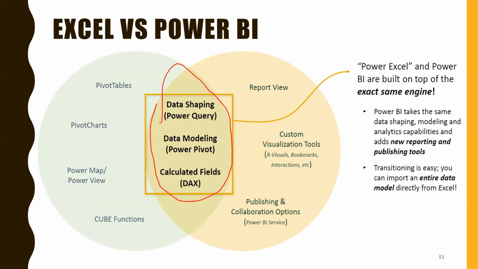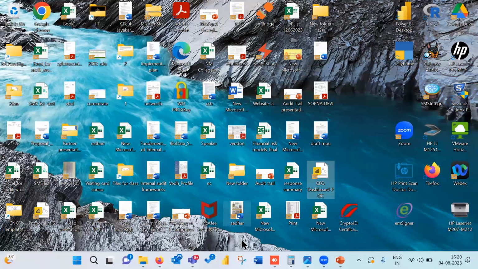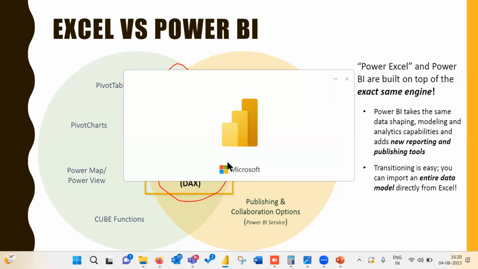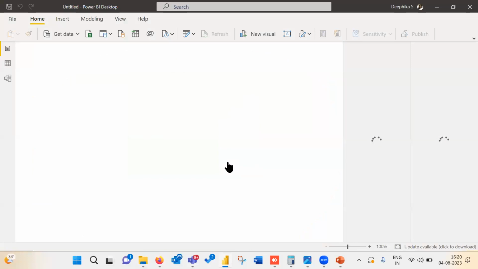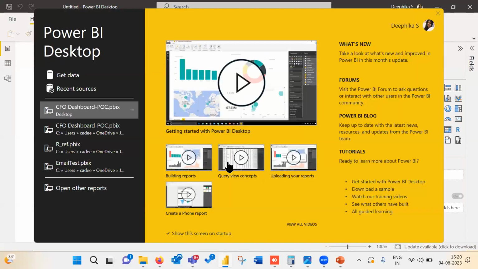So the efficiency when you work with a large volume of data will be much higher in Power Query plus Power BI than in Power Query plus Excel. One more thing is that when you work with the Power Query editor in Power BI, we can have both Power Query editor and Power BI desktop open in parallel. In Excel, it's one instance only.